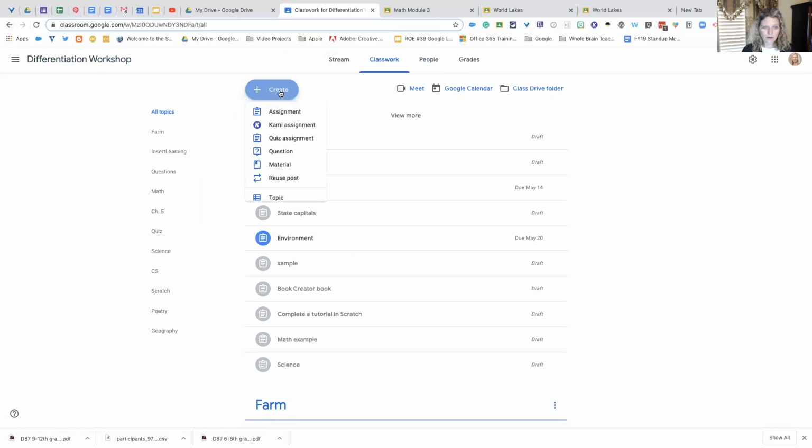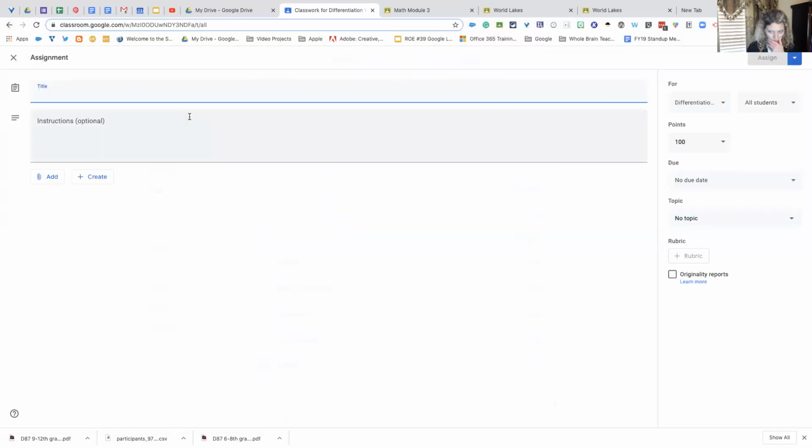So if I go to create and hit assignment, do you see rubric? I can't add a rubric to it until I put a title. So once I've got a title there, then I can come down here to rubric and click on it. I can create a rubric. I can reuse a rubric. So if I want to just reuse a rubric right now,